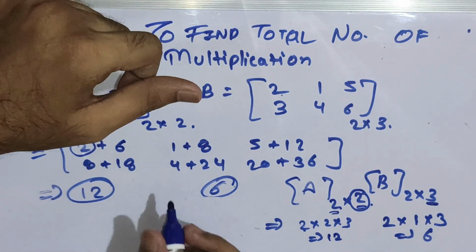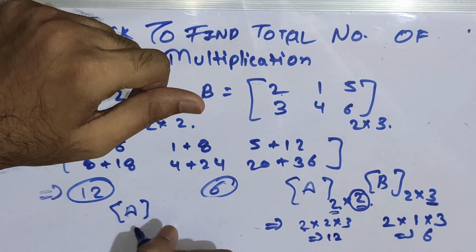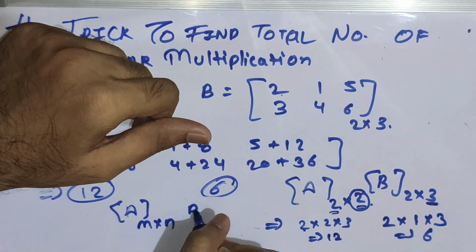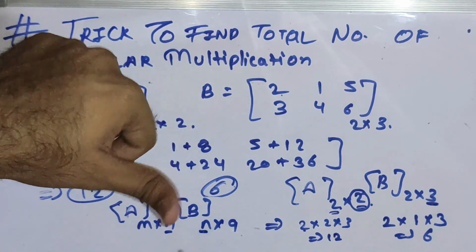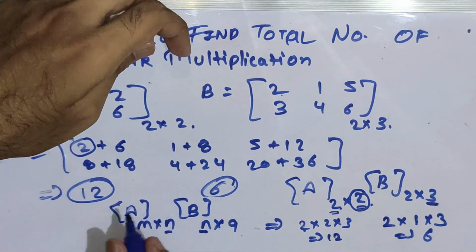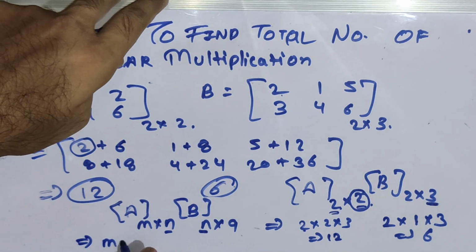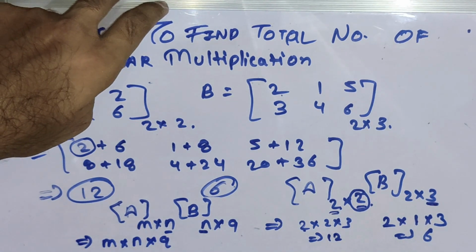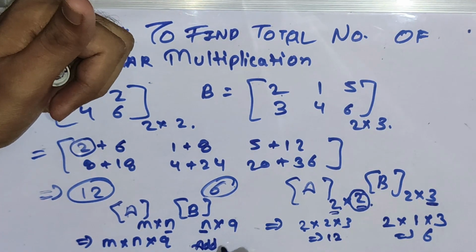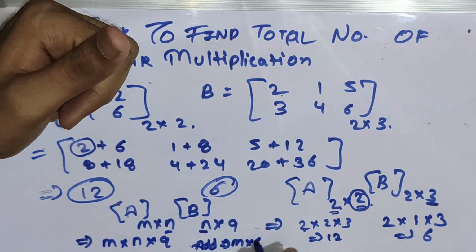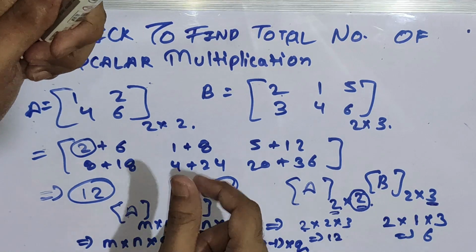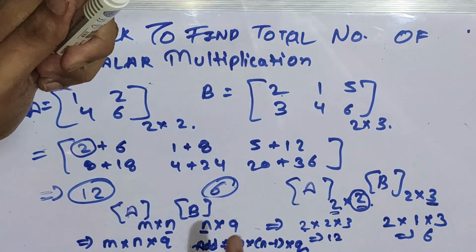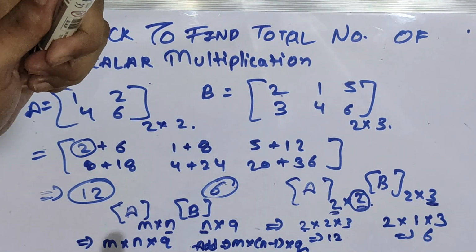So if you want to generalize this, let's say A is m cross n, and B is a matrix of, let's say, n cross q. These two elements should be the same for matrix multiplication, right? So the number of scalar multiplications will be m multiplied by n multiplied by q, and the number of additions will be m multiplied by n minus 1 multiplied by q. This formula is what you have derived from this matrix multiplication,